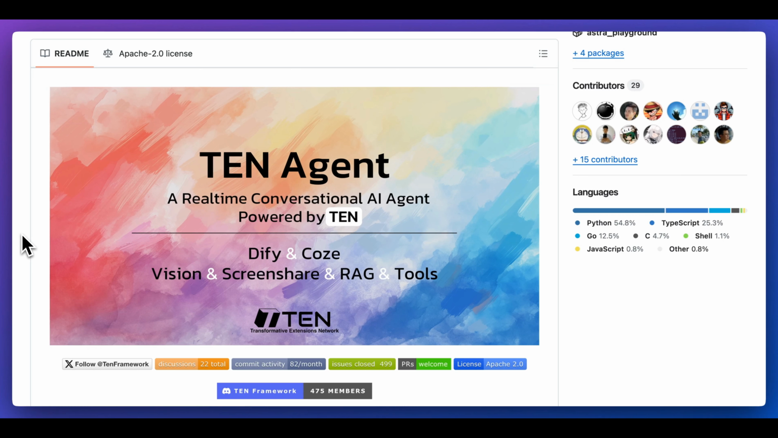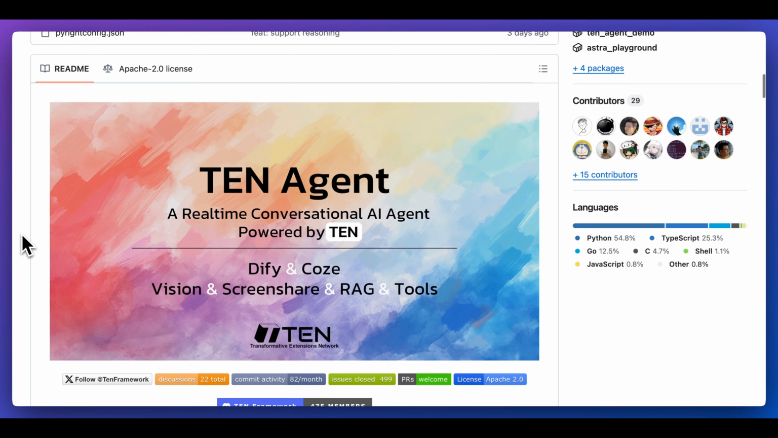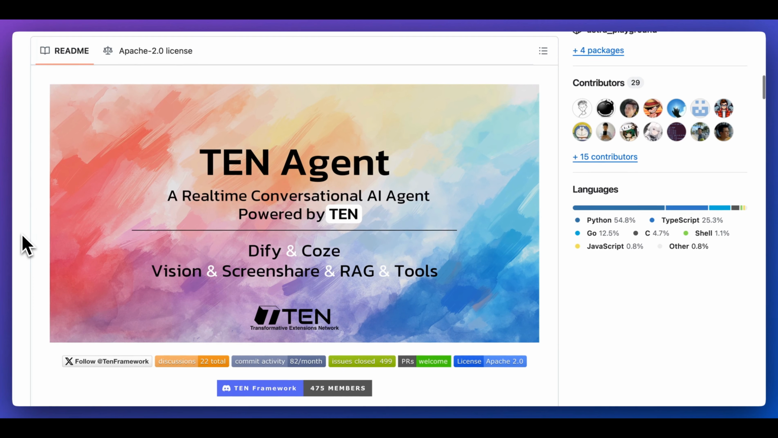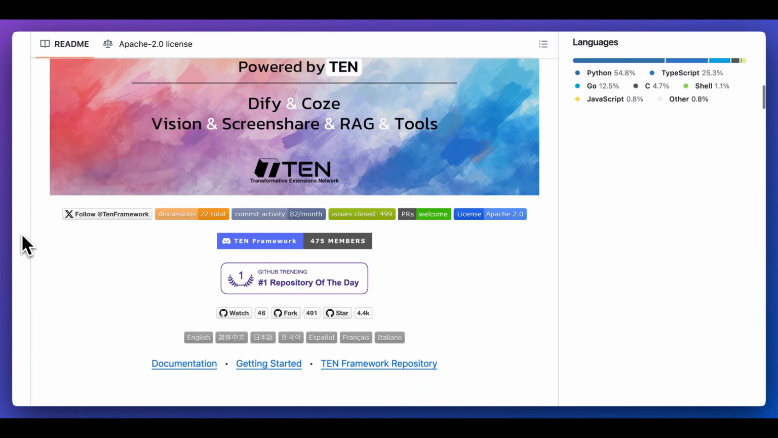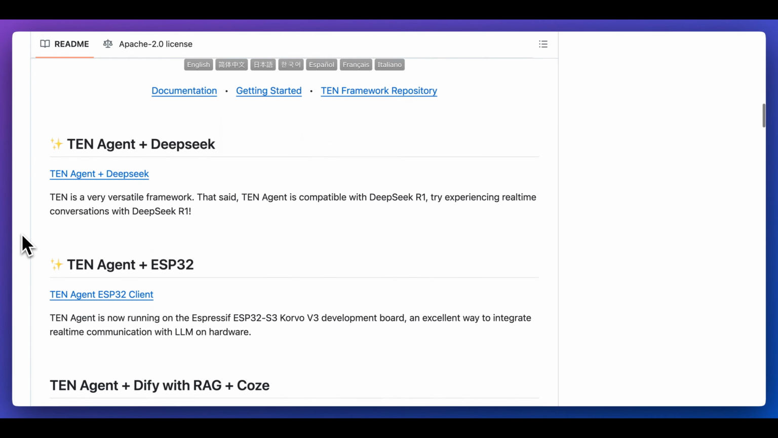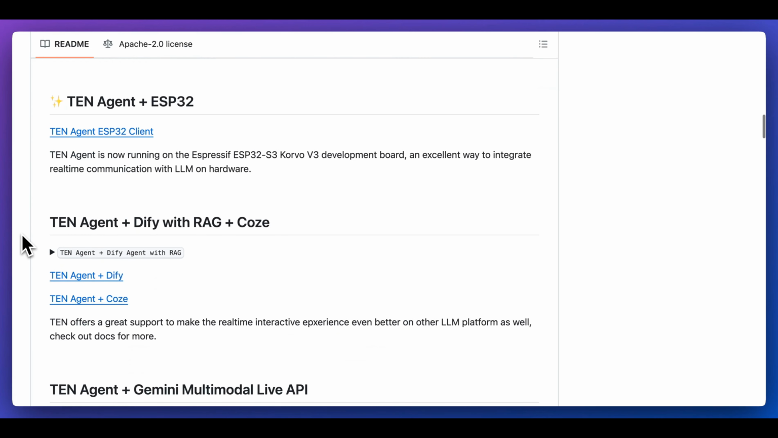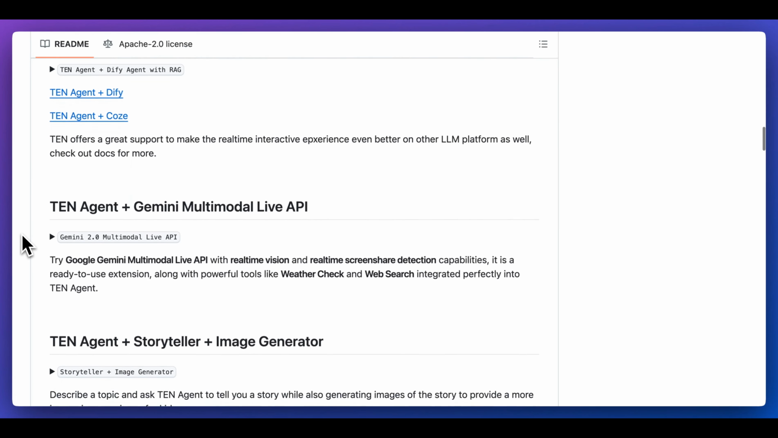In this video, I'm going to be showing you TEN Agent, a comprehensive conversational AI framework that's designed for real-time multimodal interactions. TEN Agent allows you to deliver low latency and easily interruptible voice responses, support for multiple languages and platforms, including C++, Go, and Python, and comes with built-in real-time communication for both audio and video. TEN Agent is an open source framework that you can use as the starting point to build out your AI